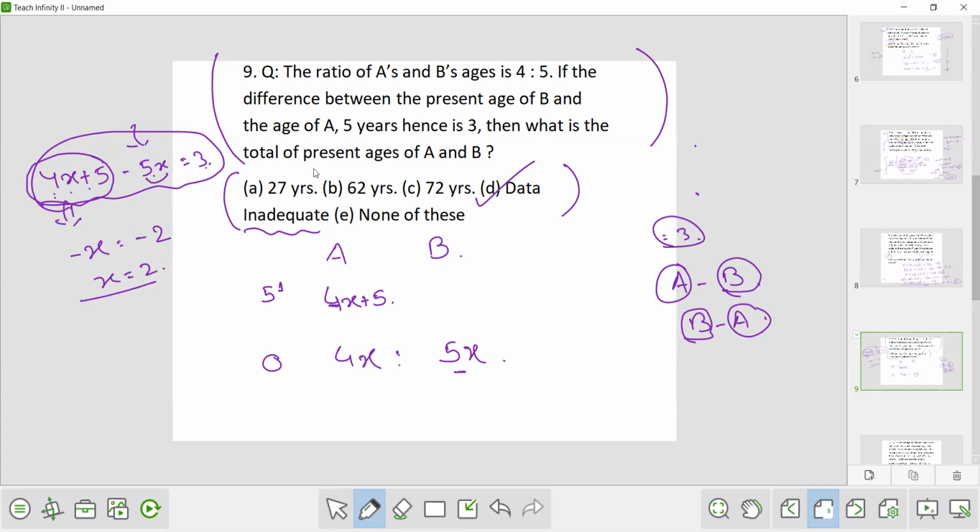So what is the total of the present age of A and B? So total sum will be 9x. So 9 into 2, that is 18 years. Now,